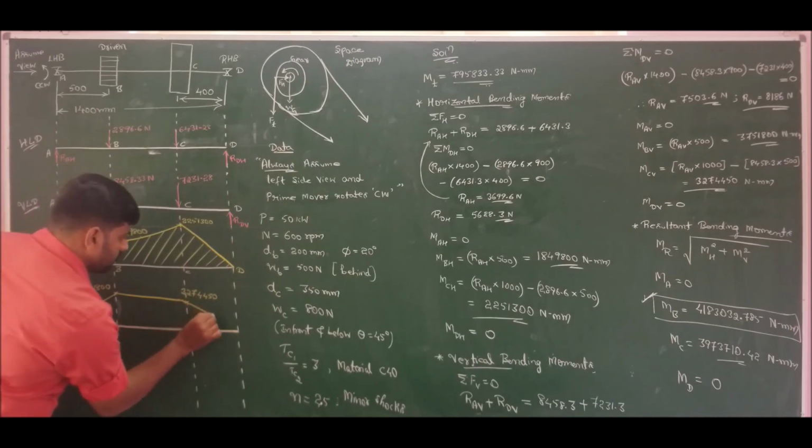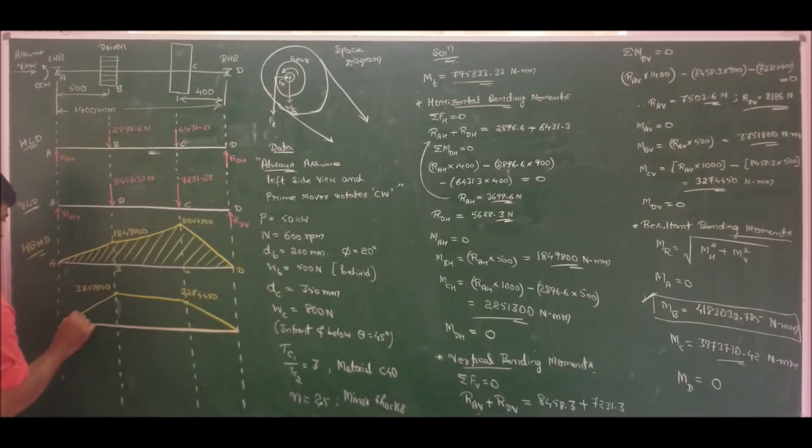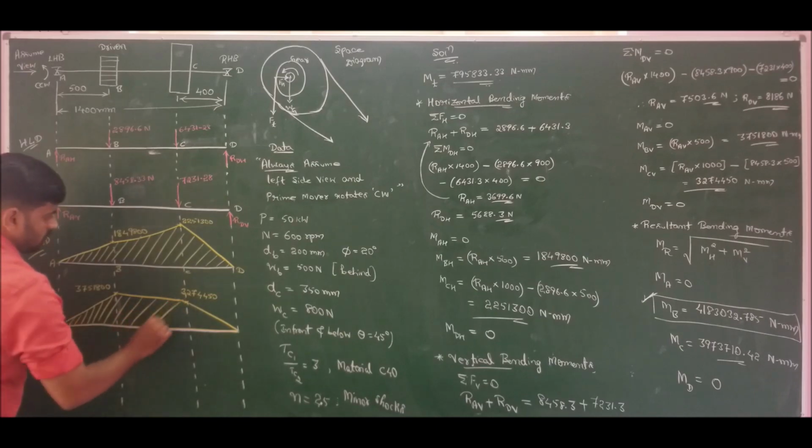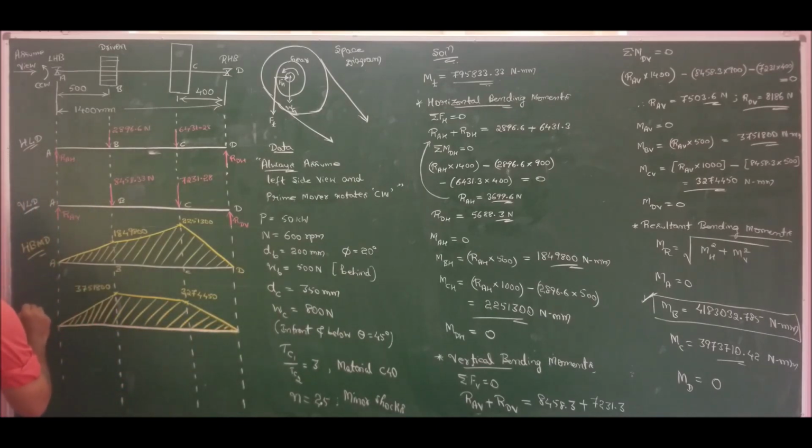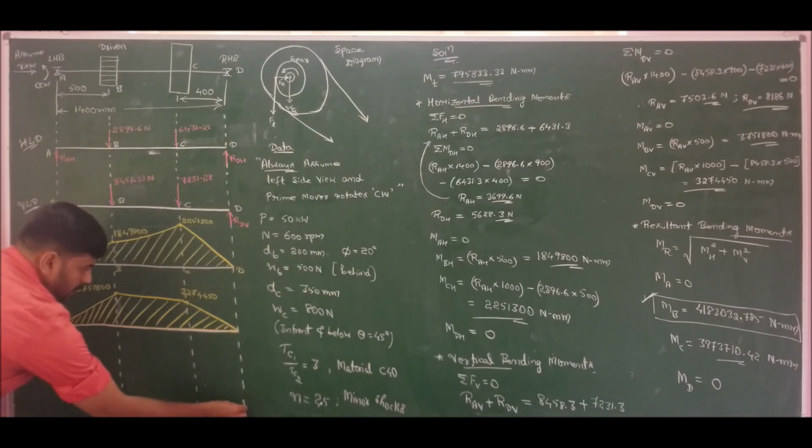And then we have 0 at B. So this is the variation of vertical bending moment diagram. All units are in Newton millimeters. We are plotting in Newton millimeters. So finally we have the resultant bending moment diagram as